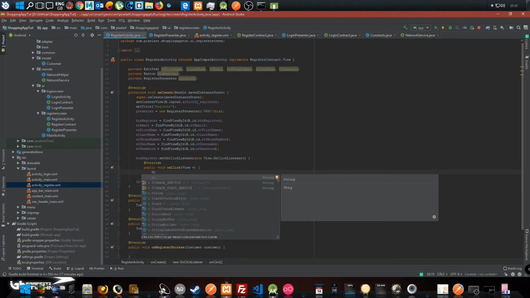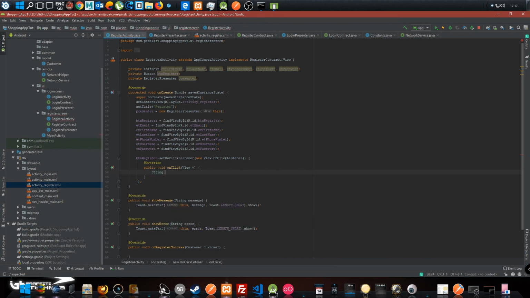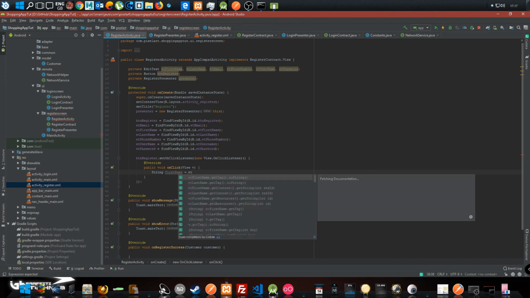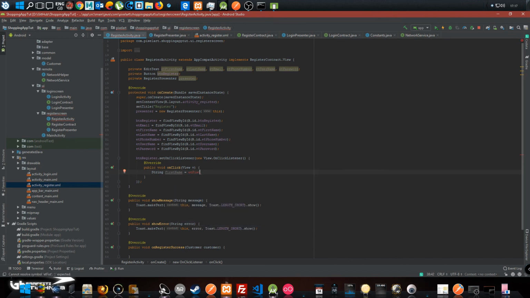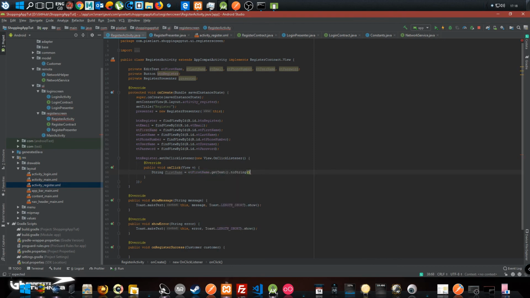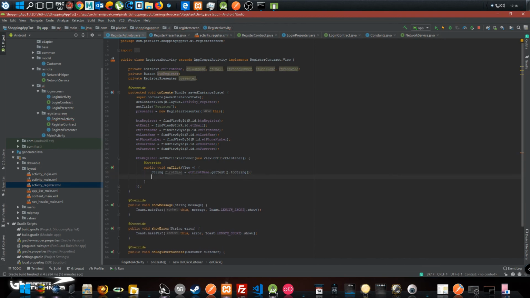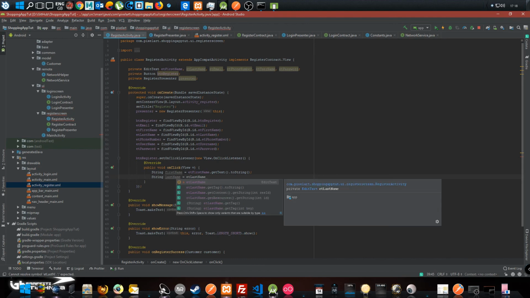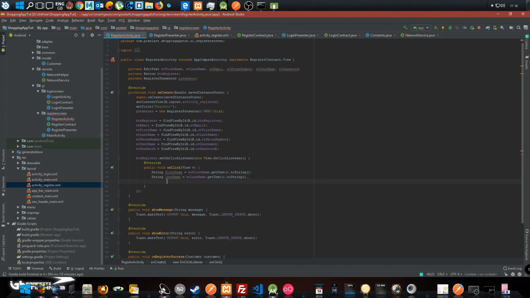So now we get the user inputs. So String first name equals ET first name dot get text dot to string, then last name dot get text dot to string, then